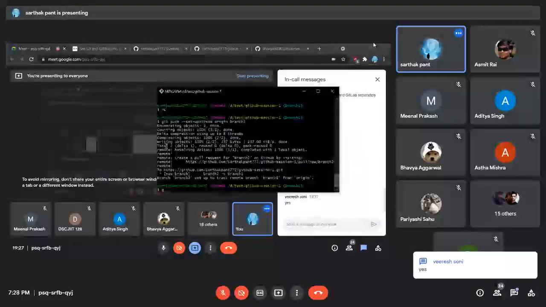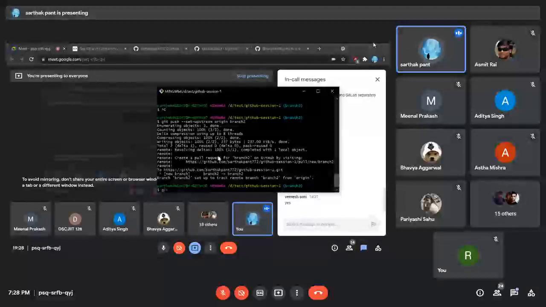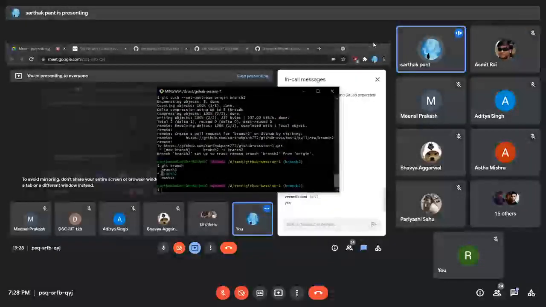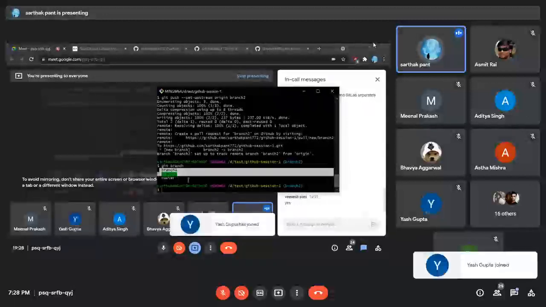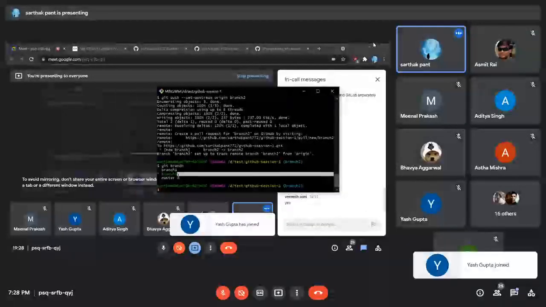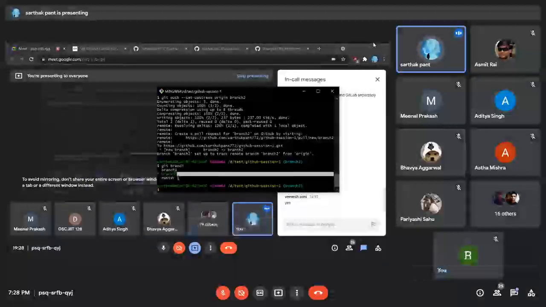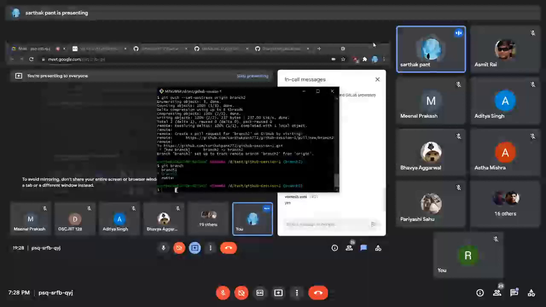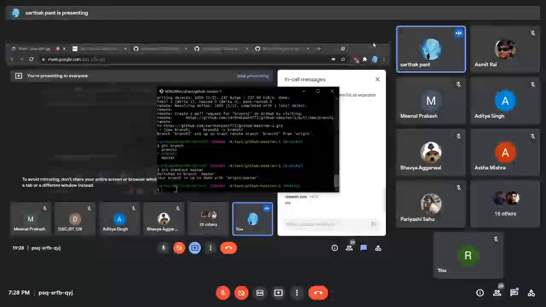Yeah, cool. So what I'm going to do, I'm going to just write git. Let me tell you one thing also. If you type git branch, you can see the number of branches that have been created and which branch you are in. We are in branch 2, that's why it has been highlighted in green color. Okay, so let's switch the branch to main. For switching the branch, I will say git checkout master, and we have been switched to master.